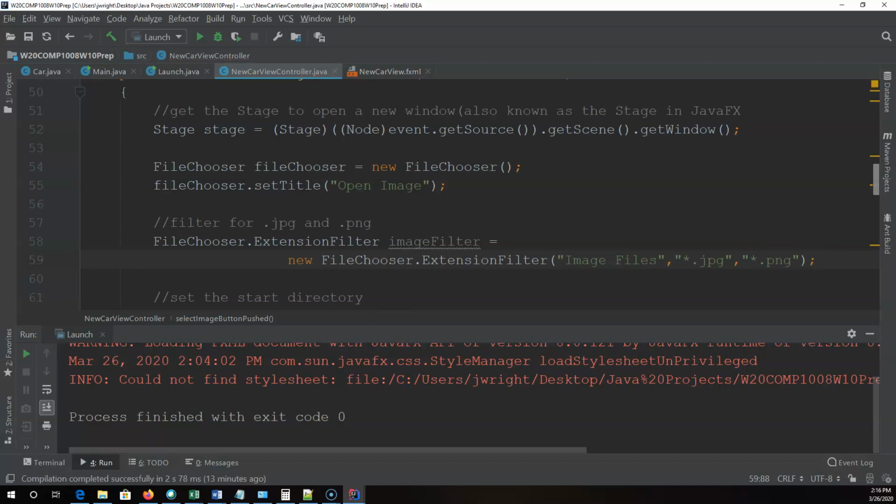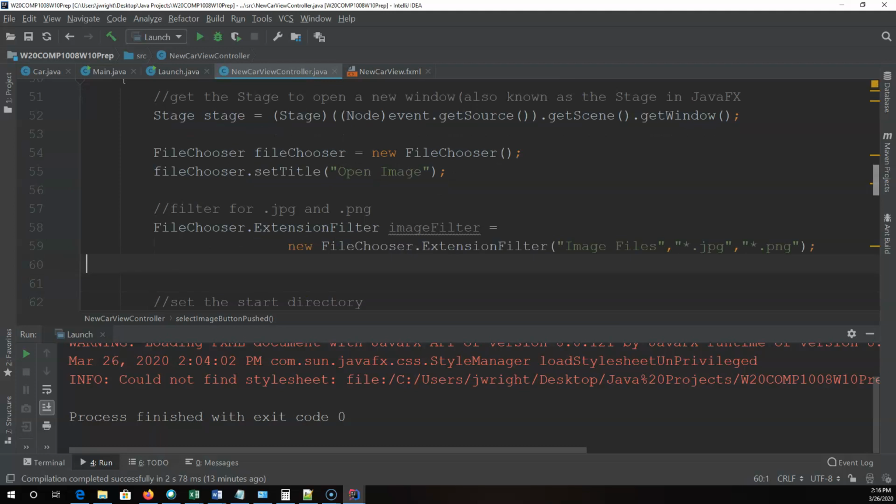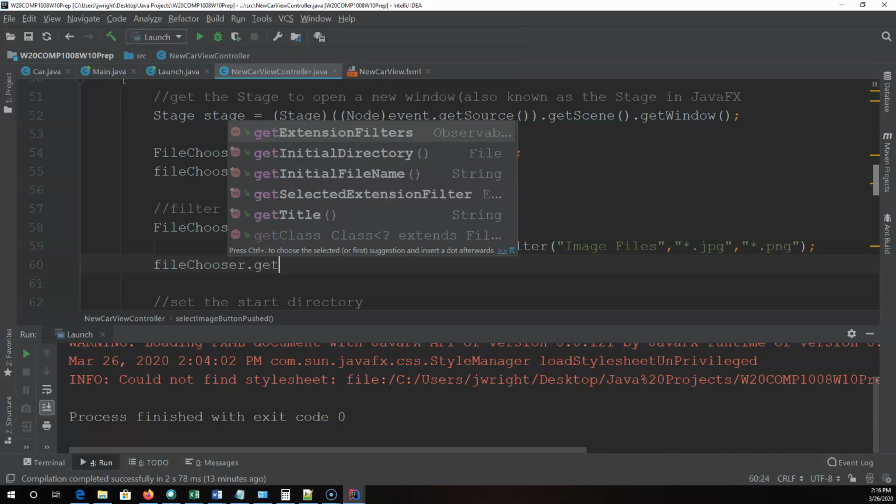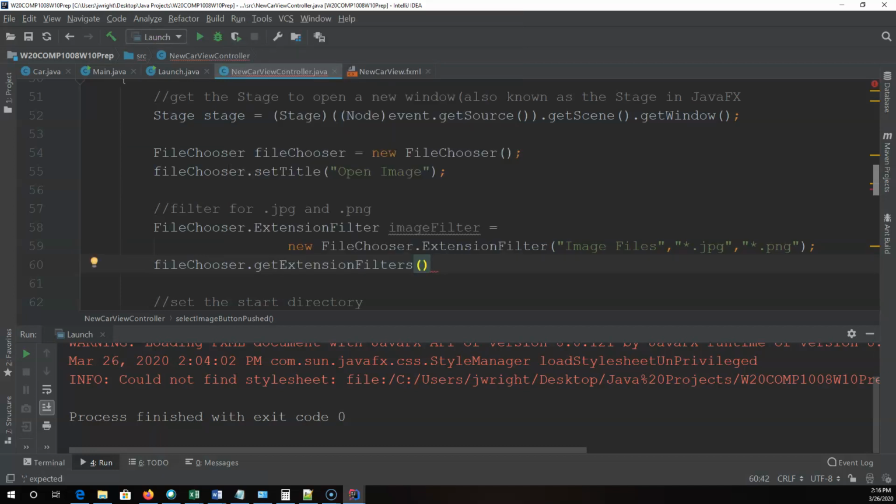So we now have an instance of an extension filter, and what we have to do is connect that up to our file chooser. So to do that, we're going to say fileChooser.getExtensionFilters. This is very similar to if you've ever used an observable list where you say get all items, and then you're going to add. So what is returned here is a type of list. So now I can say addAll, and I'm going to put in my imageFilter. In fact, I don't need to addAll. I think I can just use add because there's only one of them. And